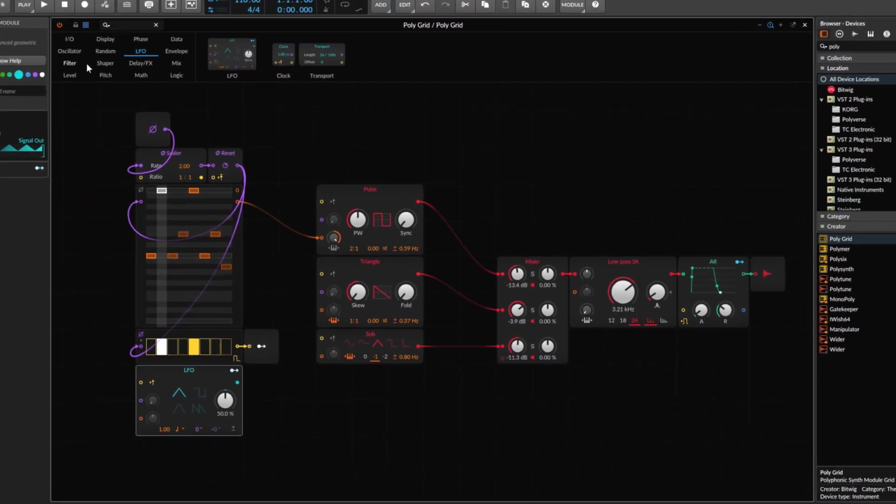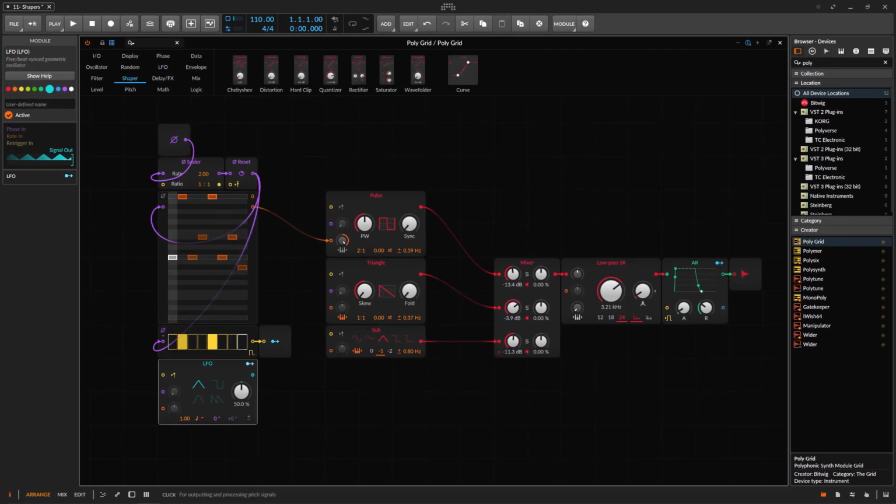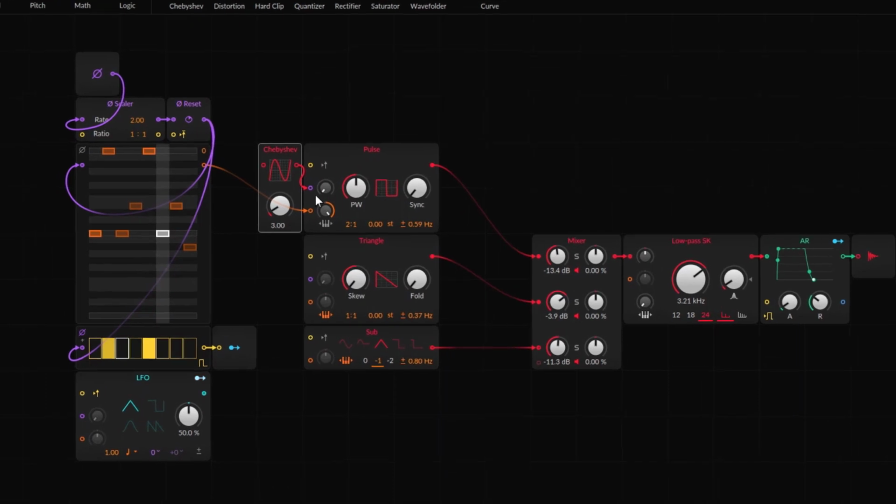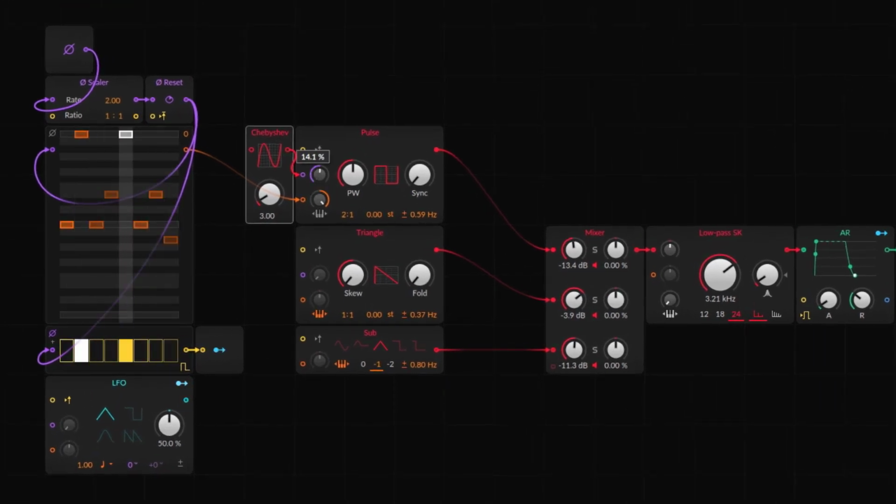So okay, so the shaper, we can put them whatever we want, really. So maybe I want to bring the Chebyshev right here. I'm just going to put it right here and use it as a phase modulation source. I'm going to be doing a little bit of phase modulation, and I can use whatever I want just to feed to the Chebyshev. I can even use this, or maybe use whatever of the other oscillators. So maybe I'm going to use the triangle just to drive it,